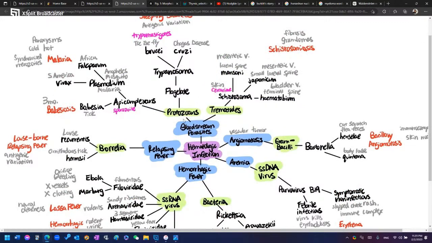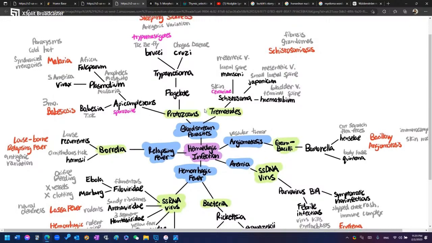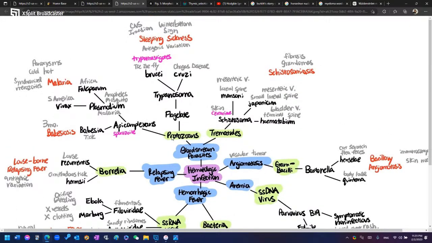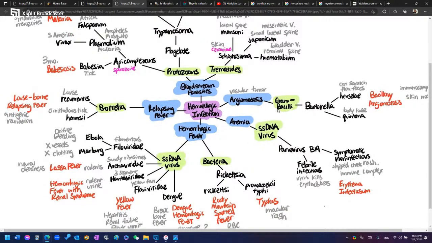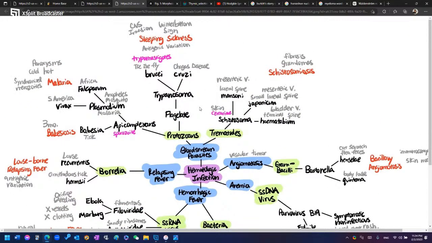Let's talk about ones that just live in the blood. They don't do anything, just your classic, they just sit there. So, of course, there's protozoans. Of course, there's trematodes. Because these are a little bit bigger, and we can't really have bacteria and viruses that are just growing in the blood without causing damage. Unlikely. You got to be bigger. Okay? So,